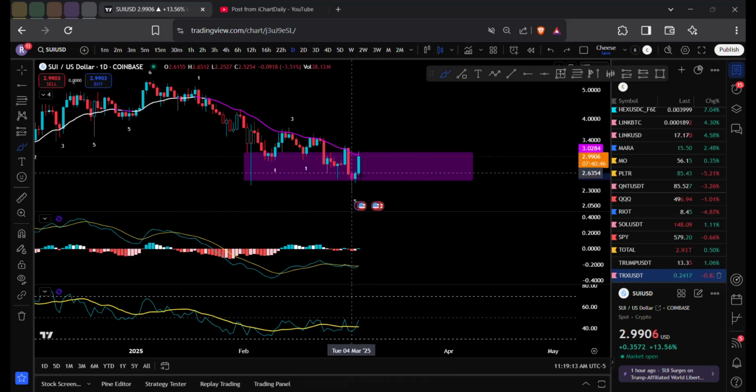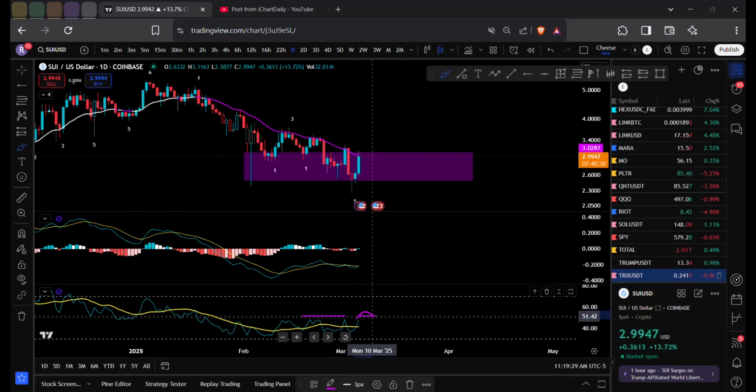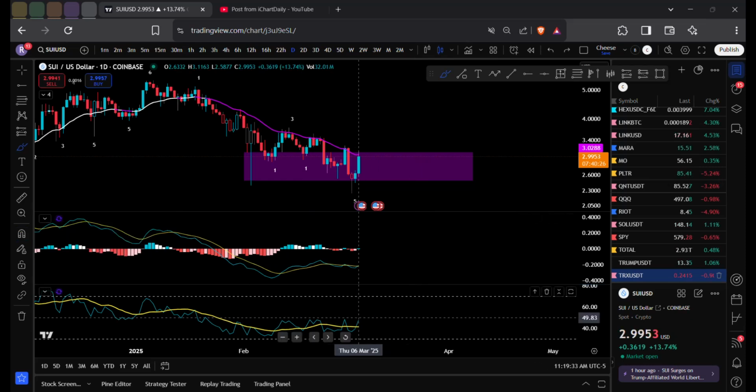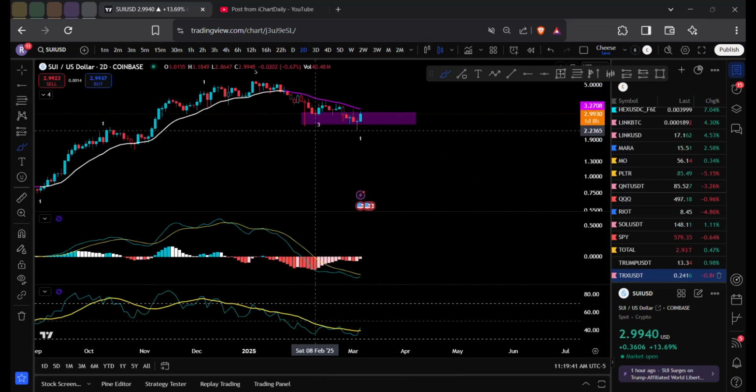So we need to form the first higher low or same low in order for me to say we've got a high probability of this coin going to the upside. The first thing that you would like to see is a break of the 50 potentially, right? And start forming more higher lows. I'd set an alert at the 50 on the daily. Once the daily breaks above, you know you're breaking the moving average and you have potential to start forming higher lows, higher highs. Then I'm switching to the 2-day.